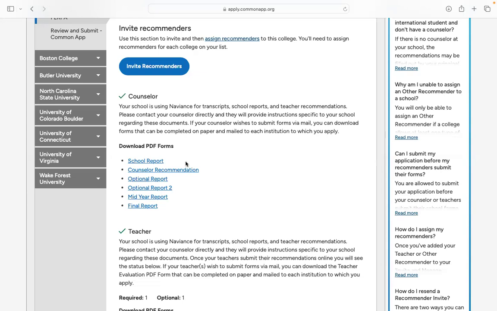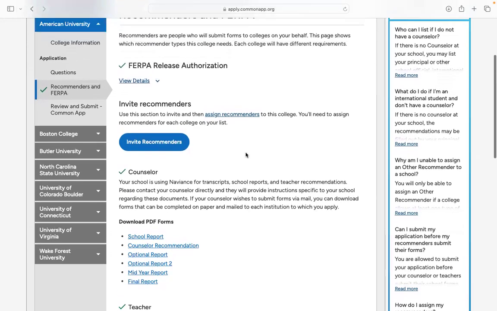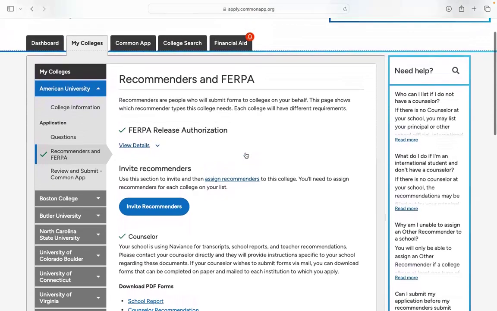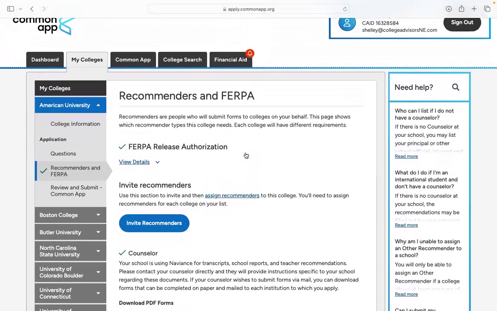Typically, they'll come into the classroom and tell you about that, but I would say make sure that you're asking your guidance counselor how they want that done. You don't want recommendations delayed because it can push your application from early action to regular decision, and you don't want that, right?